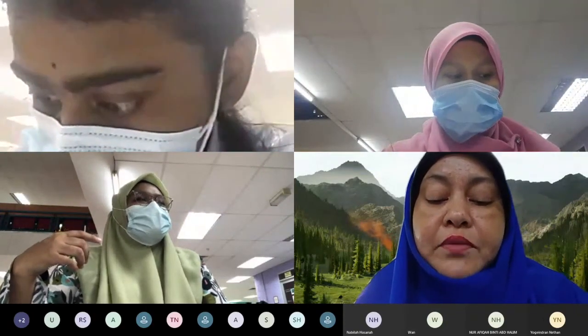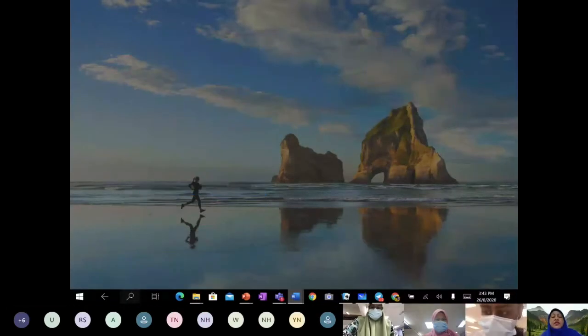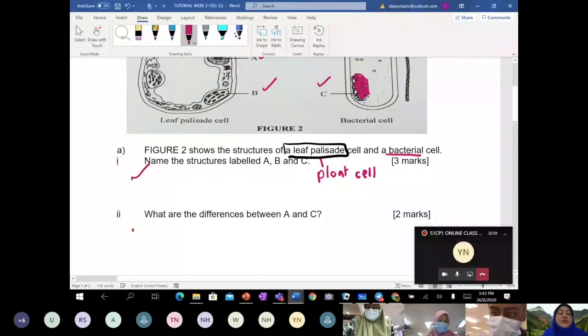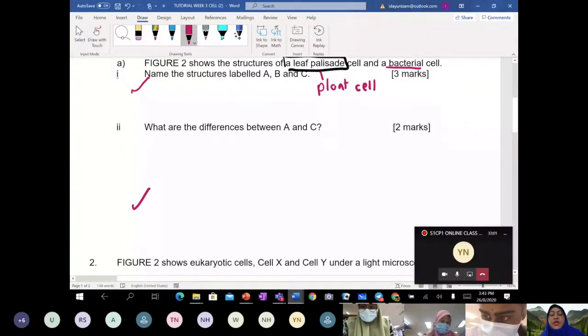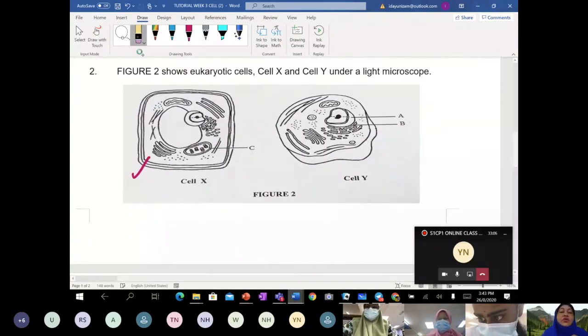Okay, now let's proceed to the second question. We have done with this. Now next, second question. Like teacher showed just now in the PowerPoint slide, these are the two cells given, cell X and cell Y. Like teacher mentioned just now, the nucleus looks exactly like this. So the question asks you,